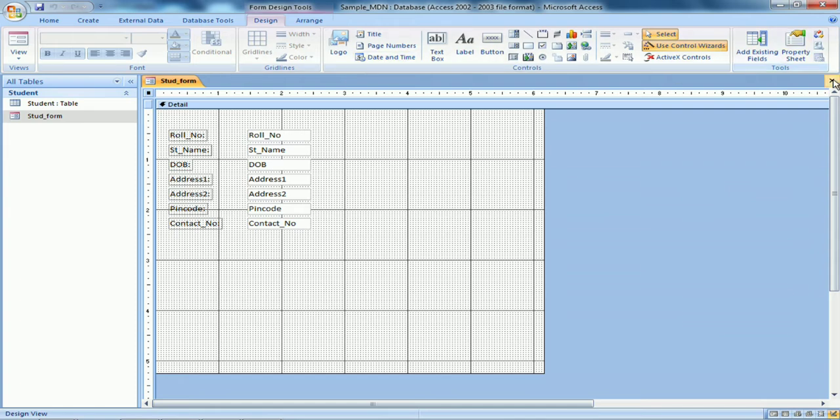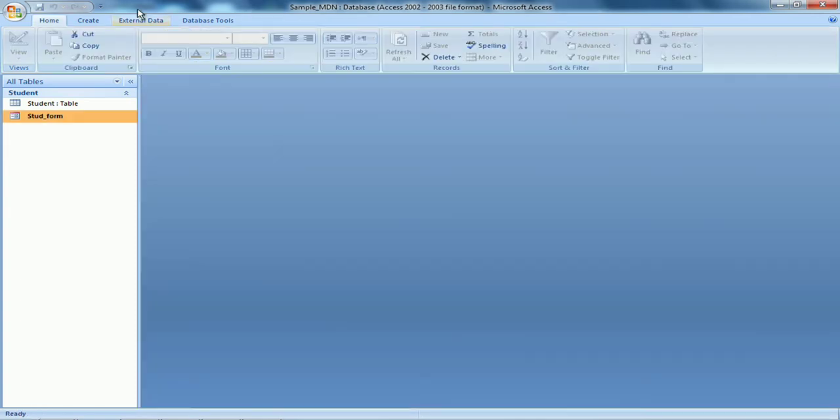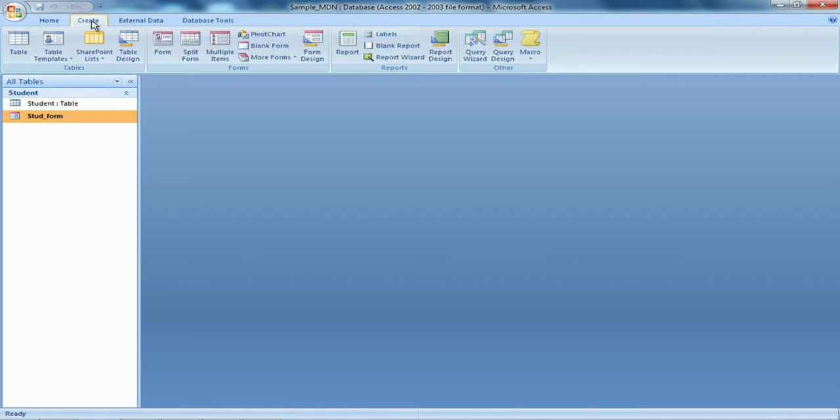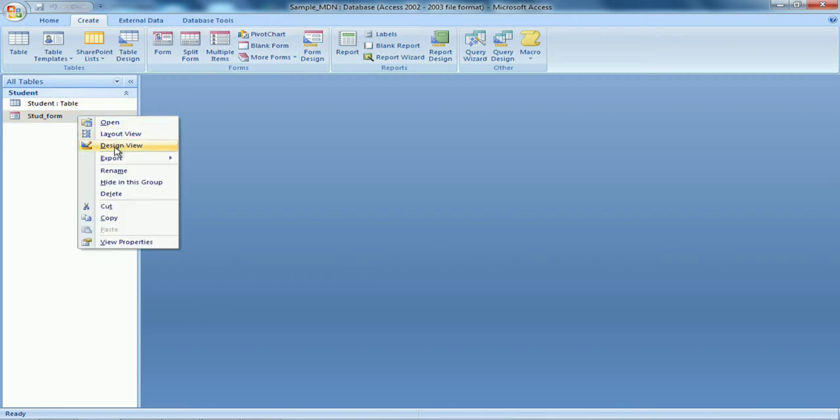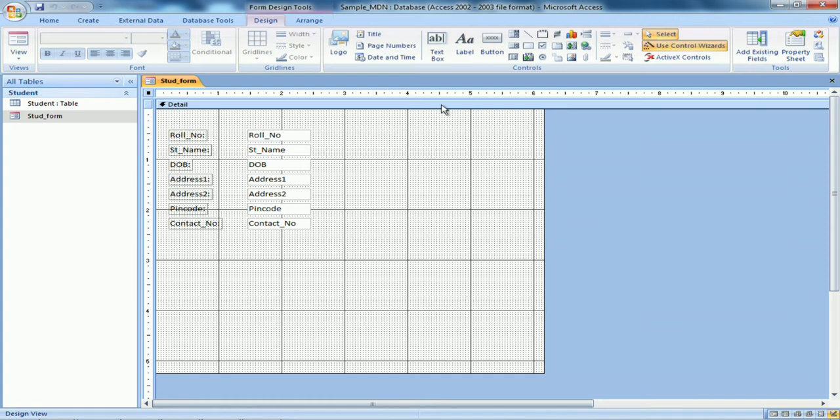Now from here, if I want, I can change it. If I want to give some text box, page numbers, all these things I can give from here. Now we have done this form design. Now as I told you, I want to place some buttons here.